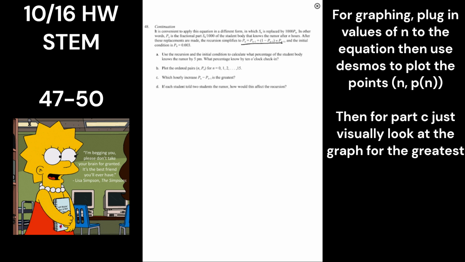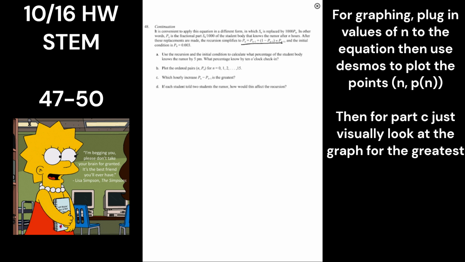But for the second, B and C, when it tells you to graph it, I'm not going to include that part in this explanation because I trust that you know how to graph points by plugging in numbers, and I hope I don't have to explain that. And for C, you can look at the graph and make your own judgment. But for A and B,